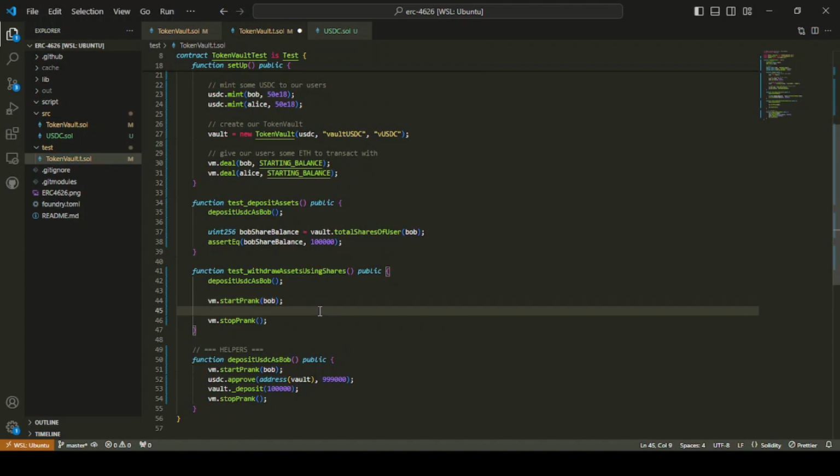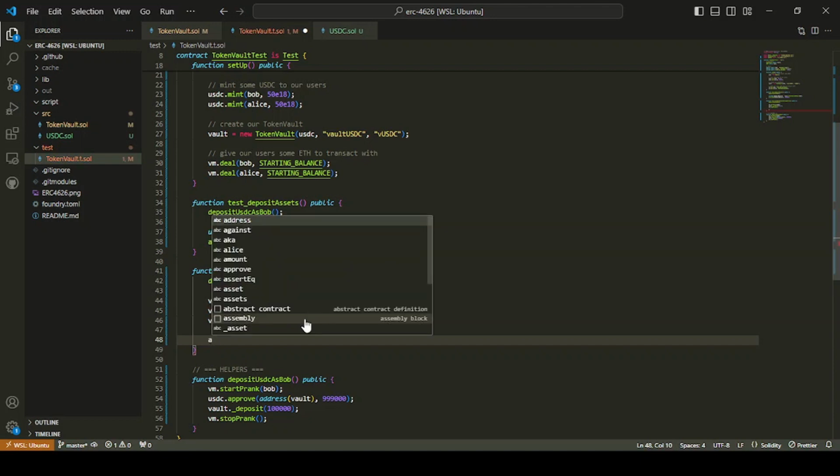Now, what we're going to do here is we're going to do vault dot underscore withdraw, and we want him to withdraw, let me see. So we'll withdraw, with 100,000 in it, we're going to withdraw 99111. That will be okay. So that 99111 is what we're going to withdraw. So if there's 100,000, 99111, that should leave